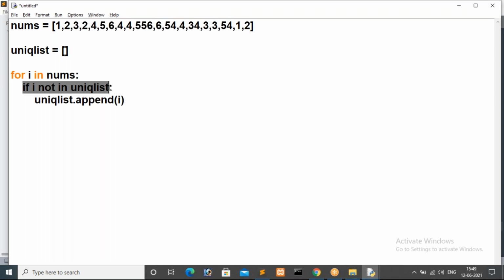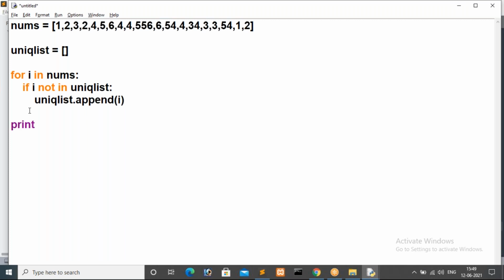If this condition is true then only we have to store. That means if the I value does not exist in that unique list, then only I'm appending that value. If it exists, I'm not giving any else case here, I'm just ignoring it.